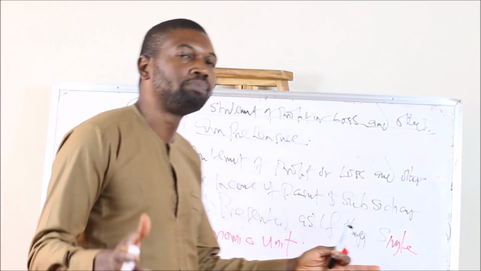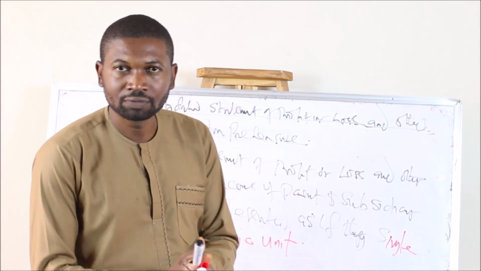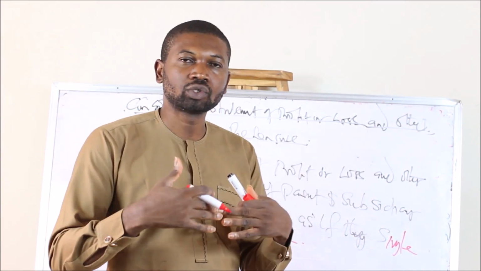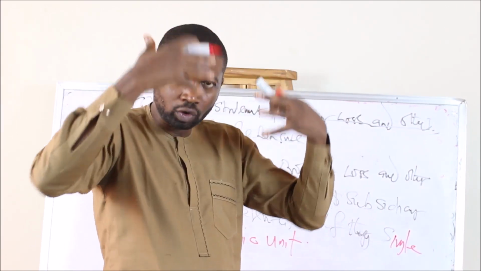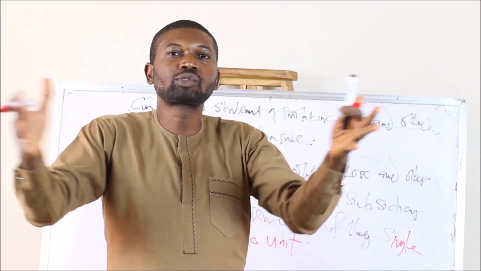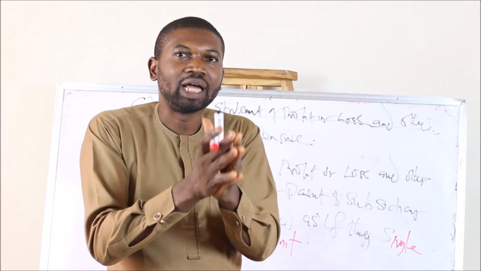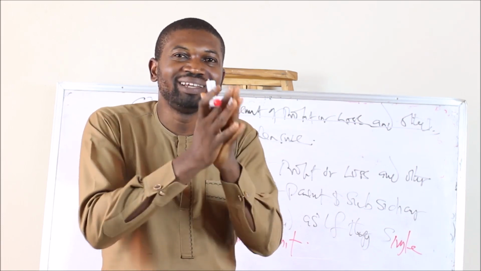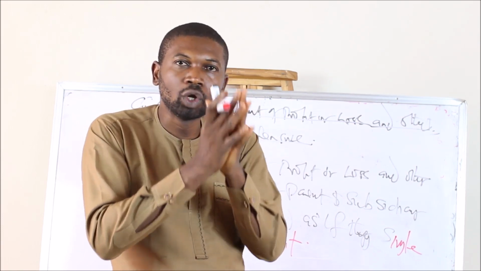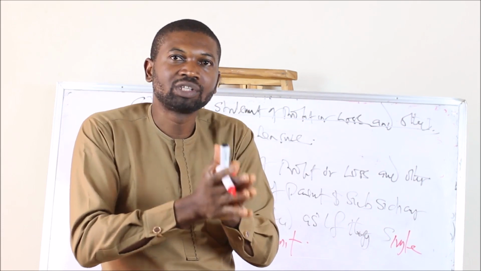So we are going to bring the items under the profit or loss account of the parent and that of the subsidiary into one single economic unit. Bringing those items together in one single economic unit is what we call the consolidated statement of profit or loss and other comprehensive income.